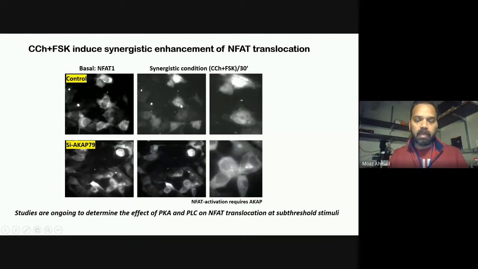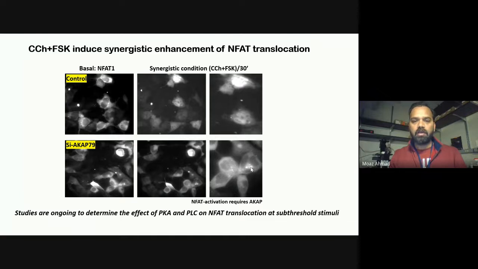We have not yet quantified statistically, but based on the visual data from the ongoing experiment, more than 60% of cells show substantial translocation in the nucleus. And when we knock down the ACAP79, it causes a substantial reduction in the translocation of NFAT1. So this suggests that